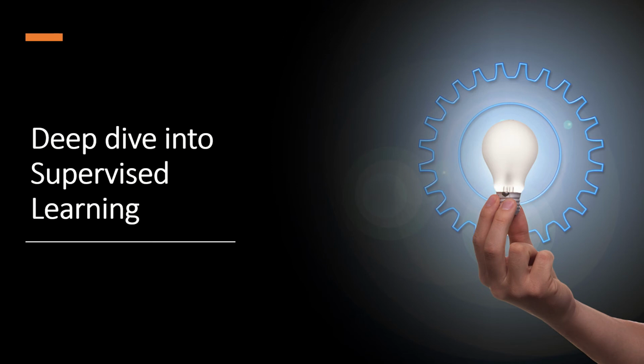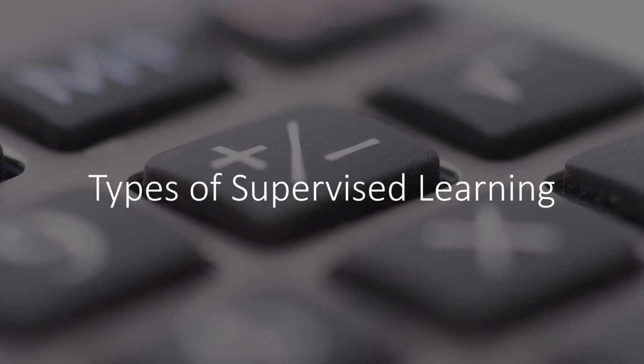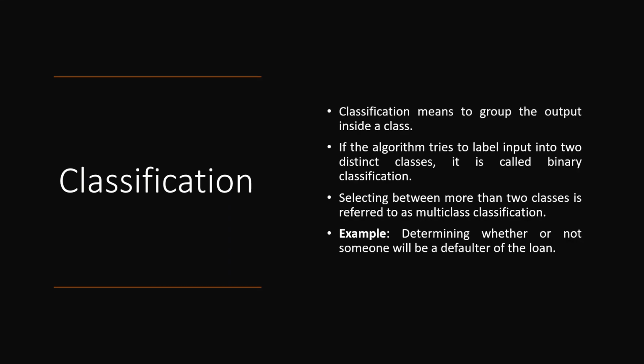In our previous lecture, we tried to understand what is supervised learning and how the training data set can be used to create a model which can actually help us to predict the output for the new input that may come in. So in today's session, we will try to understand the different types of supervised learning. We touched upon this in the previous lecture, that is classification and regression. These are the broad two types of supervised learning.